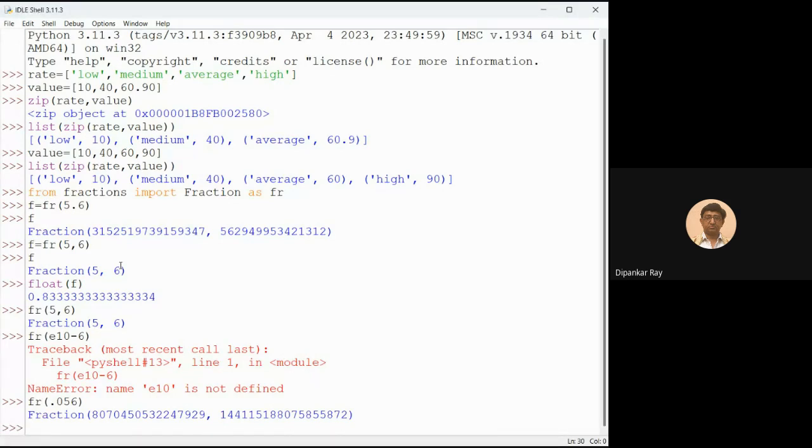Now if I write, so this divided by this. Okay. So that means when I am writing it here,